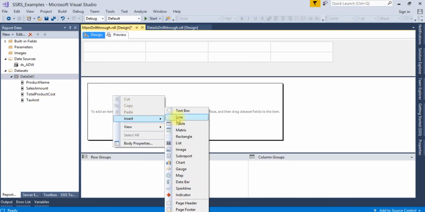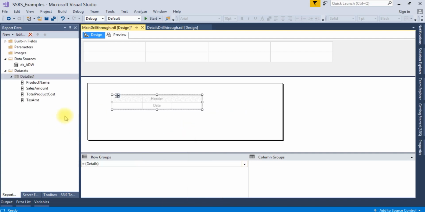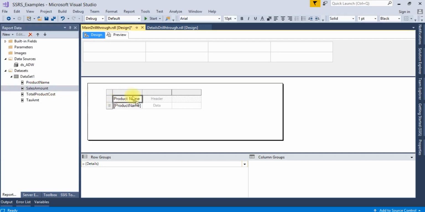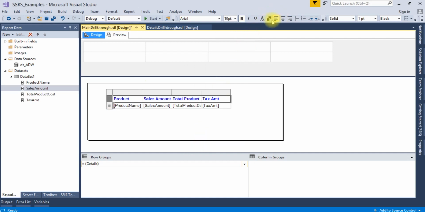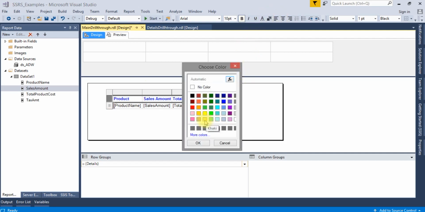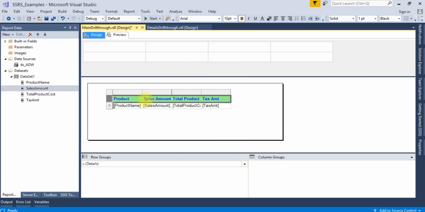Now insert one table here with product name, sales amount, cost. Let me set a background color, and expand it.